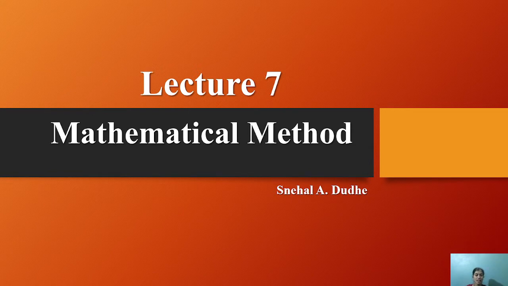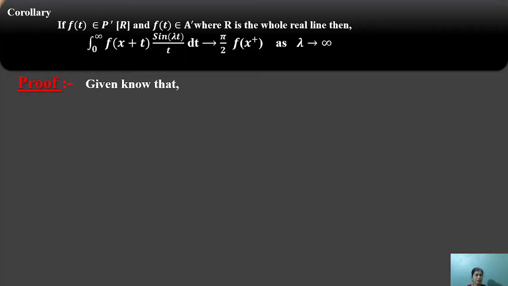We continue with Mathematical Methods, paper three. We are discussing the corollaries of this chapter. For the Fourier transform, the first will be generated as a corollary. In this lecture 7, we discuss two corollaries. In the previous lecture, we discussed the localization lemma and other corollaries. We start with the first corollary.